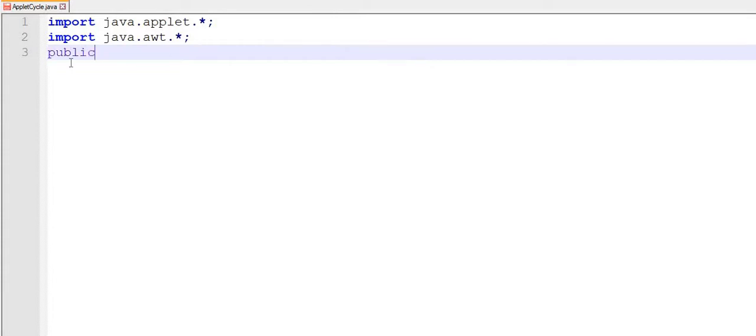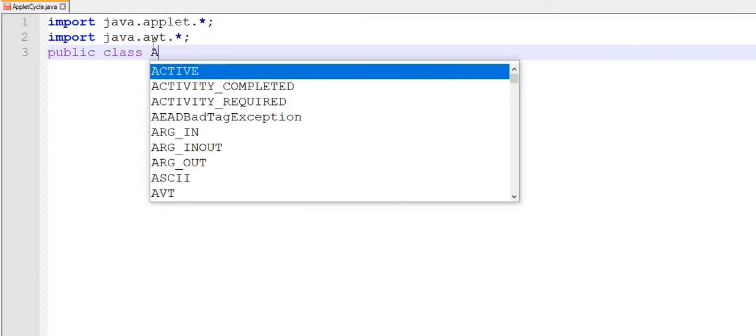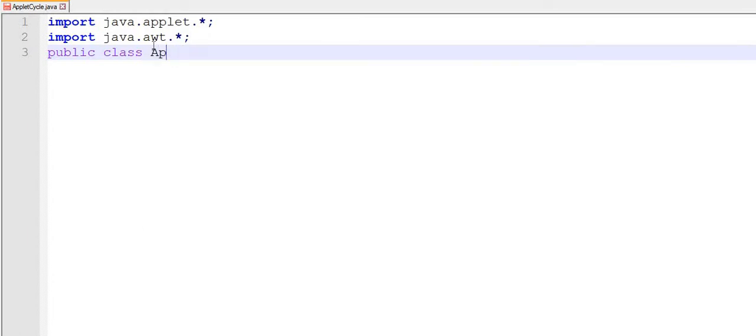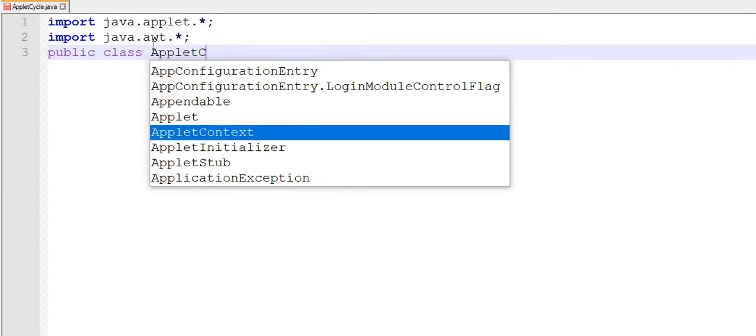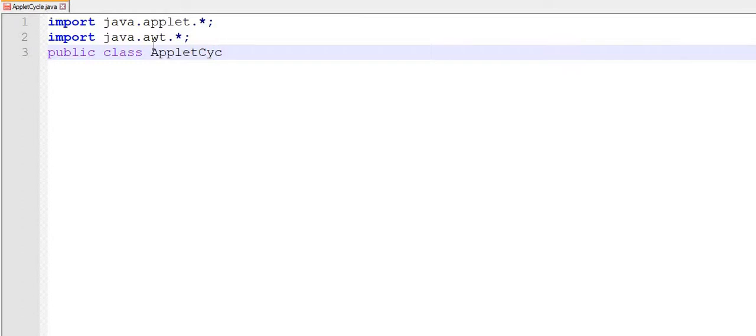Then we have to declare a class, public class, and the file name. Here the file name is applet class, so I'll give the same. Don't forget to give the same class name as the file name. As Java is a case-sensitive language, we will be facing so many difficulties otherwise. So here, public class applet cycle.